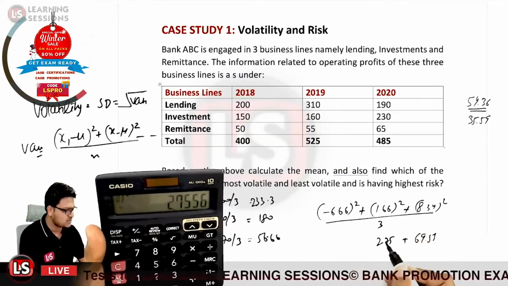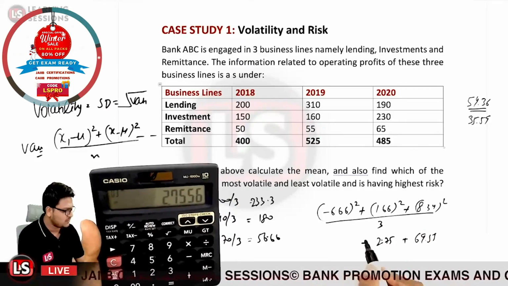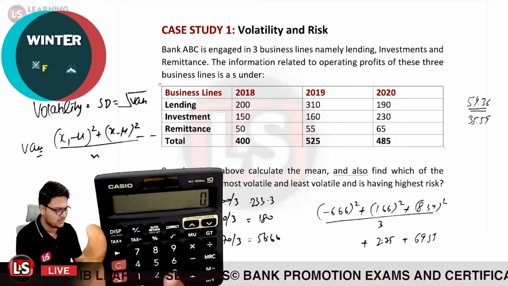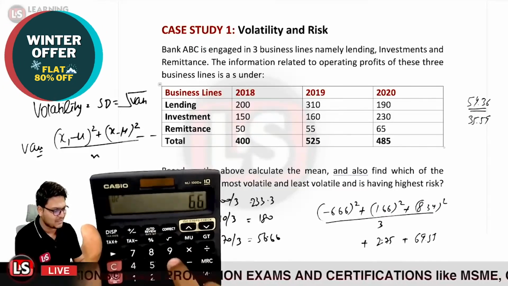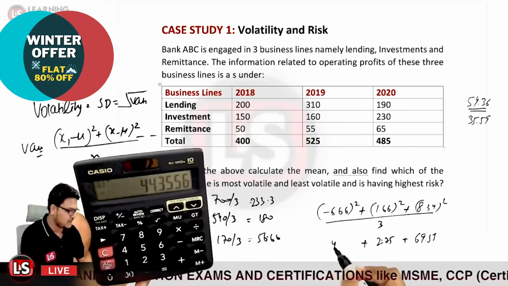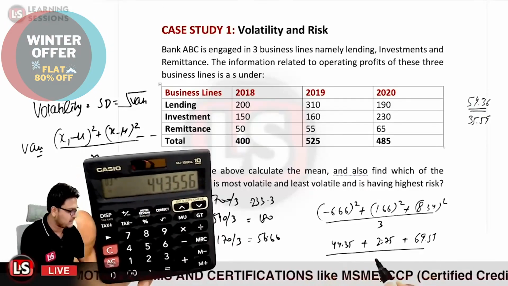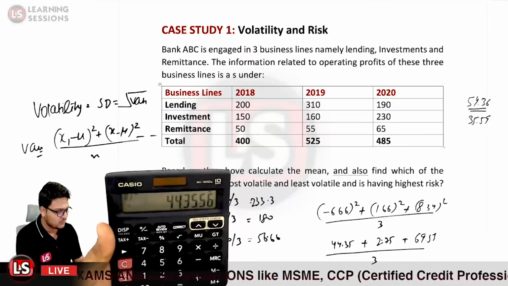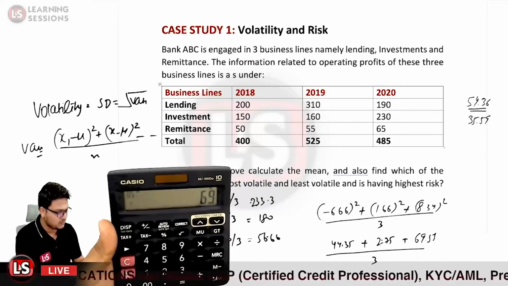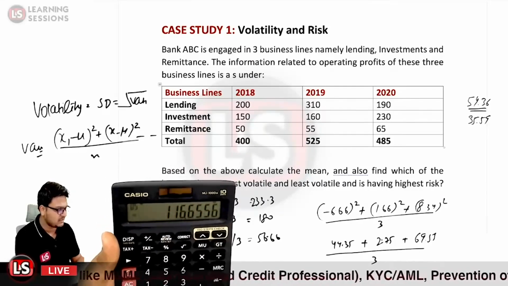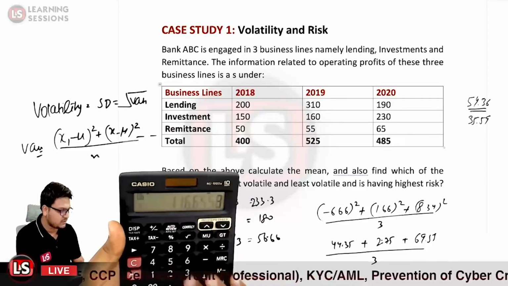I know the calculations are quite lengthy in this case, but you need to do so because you have to solve it step by step. Only in that case will you get the marks. So it will be 44.35 divided by 3. So just adding them up: 44.355 plus 2.75 plus 69.55 comes out to be 116.65 divided by 3, that comes out to be